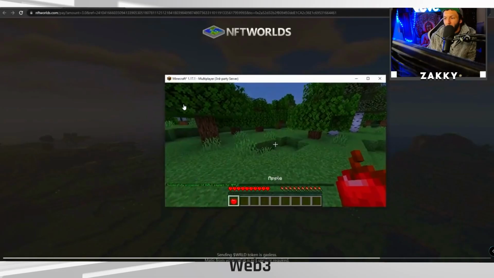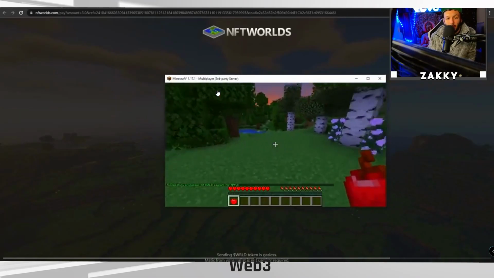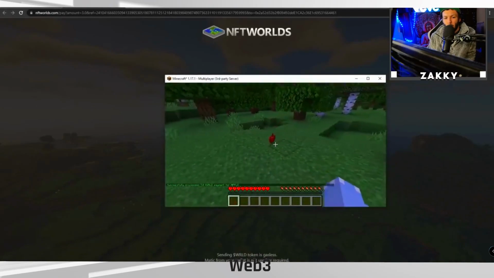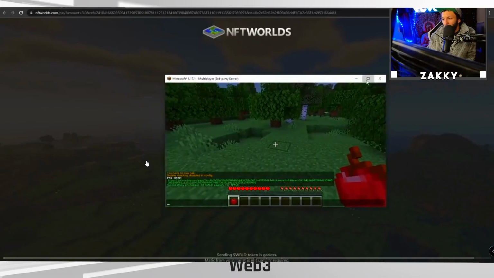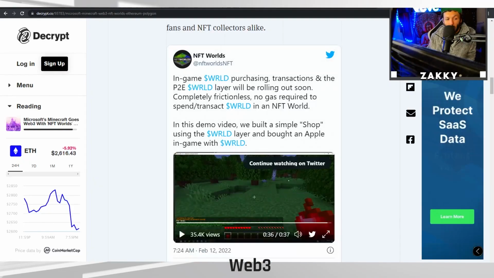So you can see right here it says multiplayer third-party server, and of course that's essentially showing that it's on the Polygon server or the Worlds server. So you can see how that would work. Moving onwards from that though,